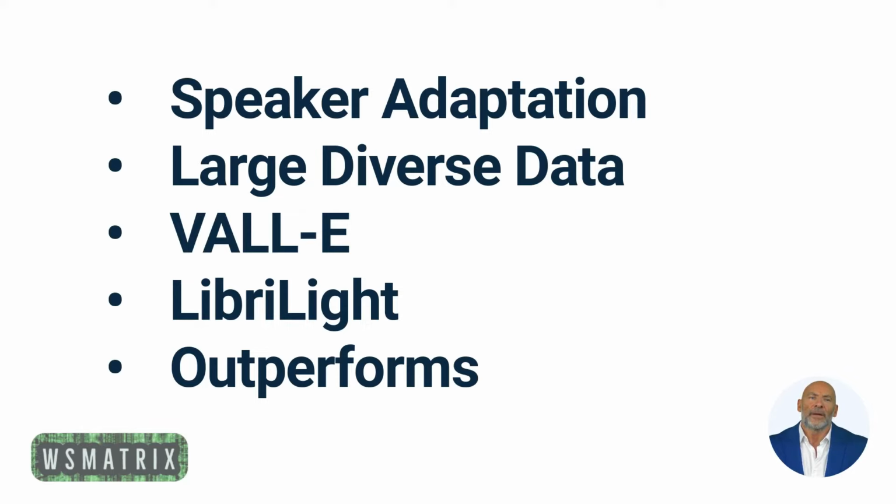Vall-e is trained with Libri-Light, a corpus consisting of 60K hours of English speech from over 7,000 unique speakers. The data is more noisy and contains more inaccuracies than previous TTS training datasets, but it also provides a diverse range of speakers and prosodies. The researchers believe that this approach is robust to noise and can generalize well with large data.